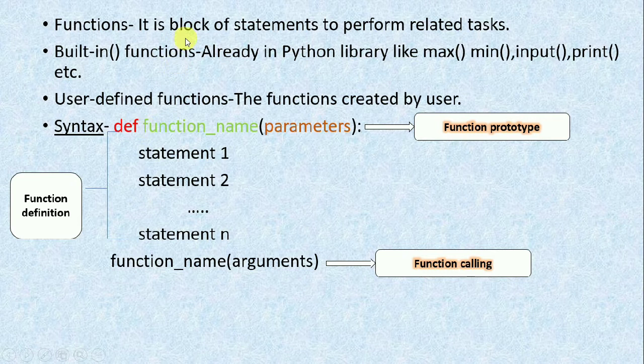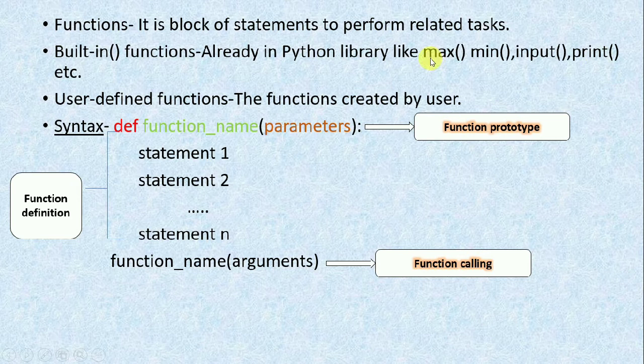A function is a block of statements to perform a related task. As we have learned before, there are different types of functions. One is the built-in functions, which are already in the Python library. Max and min are the functions which we have learned in list. Input function and print function are used to take input from the user and display the output to the user